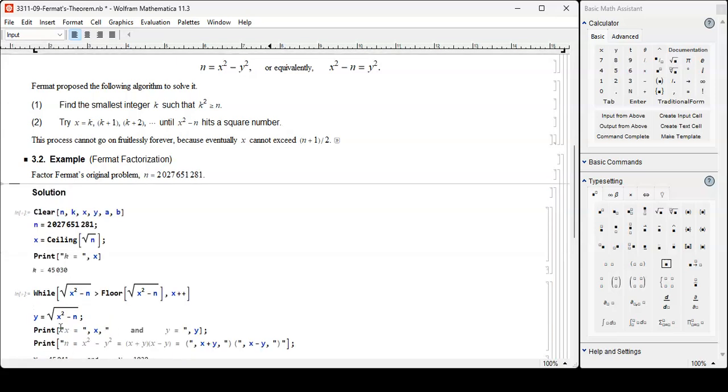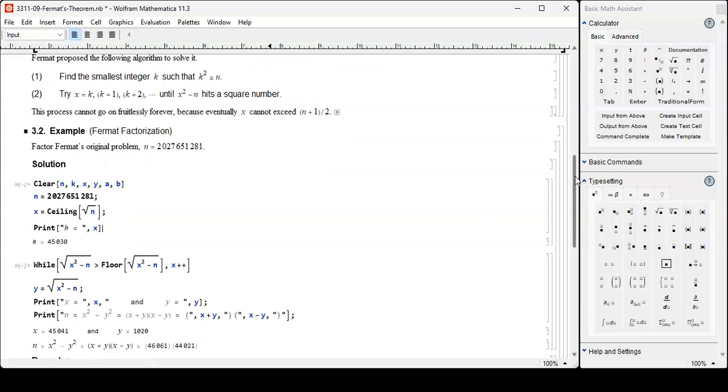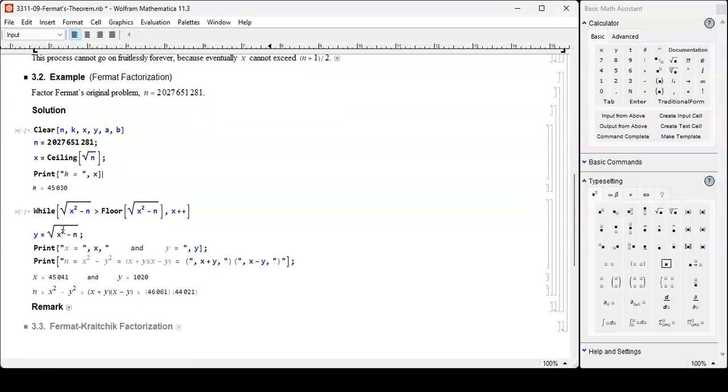So step 1, getting up to this, must have taken some effort, but algorithms to find square roots exist, and certainly in Fermat's time it was known. So he should have been able to get this kind of thing in, well, probably less than an hour. No matter how generously I calculate, probably much shorter than that. And then